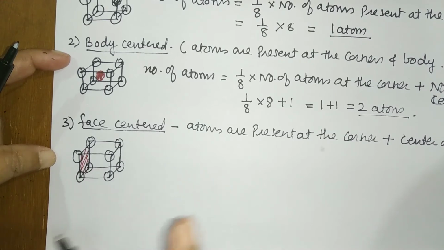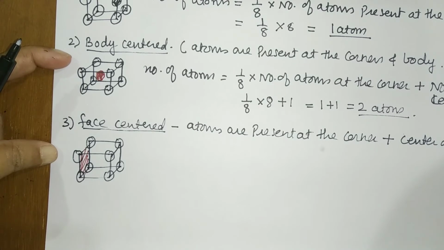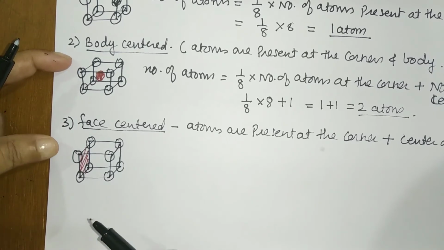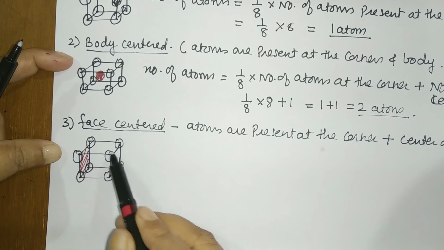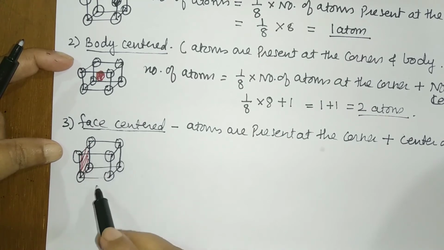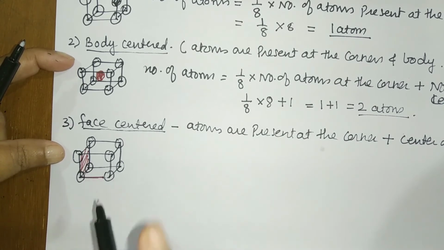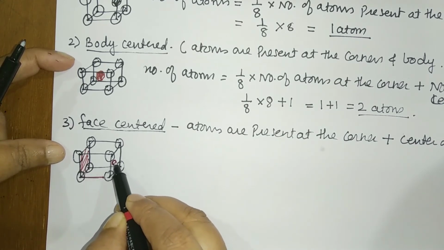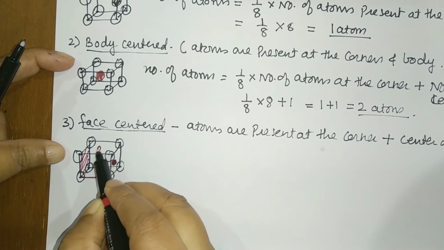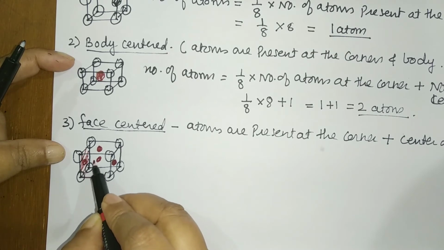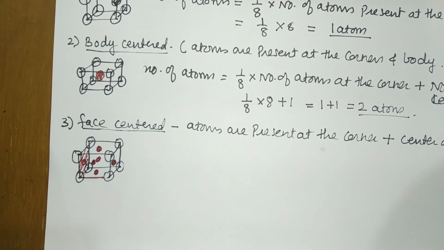It's like the wall of your room. So there are 4 walls and 1 ceiling and 1 is the flooring. So how many faces in all? Because the unit cell is very much similar to the room. So how many walls are there? 4 walls and 1 ceiling and 1 flooring. So how many atoms in all? There will be 6 atoms. Now where is the atom present? The atoms are present at the center of each face. So I am showing the atoms in this way. So I am pointing 6 atoms in this way.